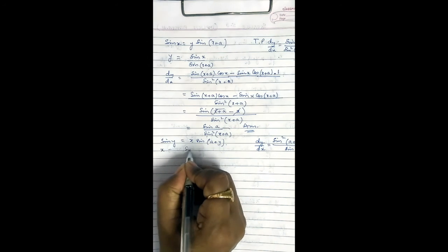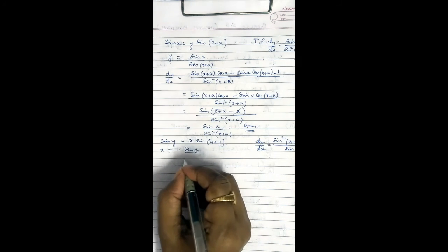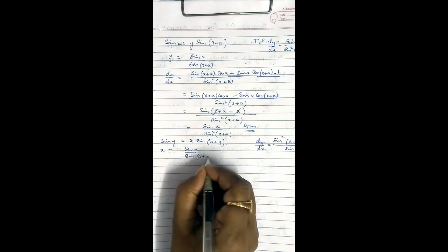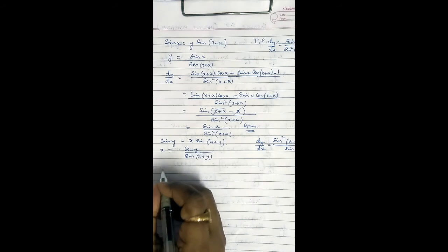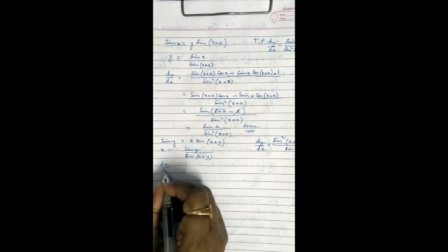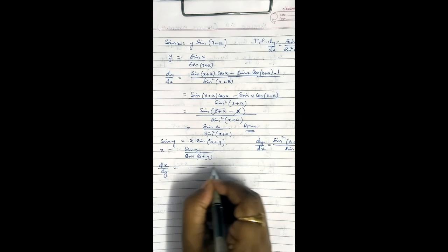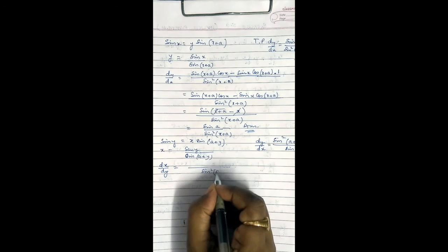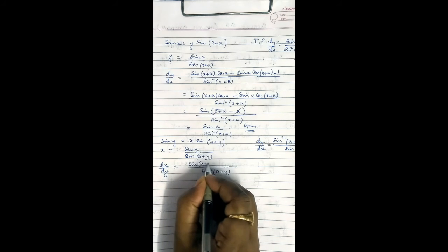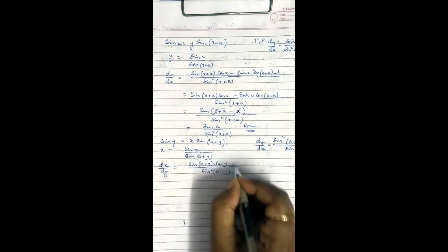I can see I can make x the subject, which is very clear. You can observe over here sine of A plus y. And I'm going to now differentiate with respect to what? y, because x is a function of y. So dx by dy. Again, I'm going to apply my u by v: v du minus u dv.